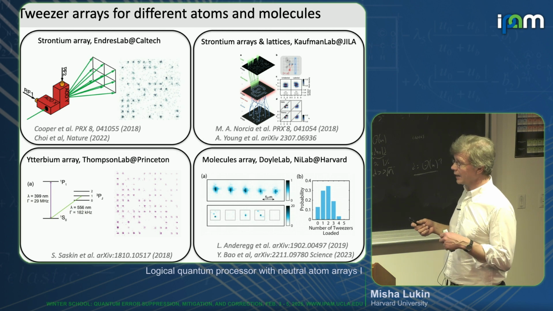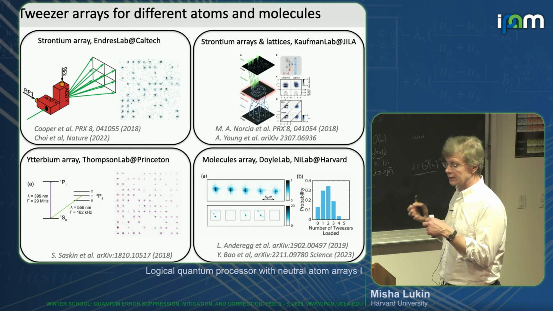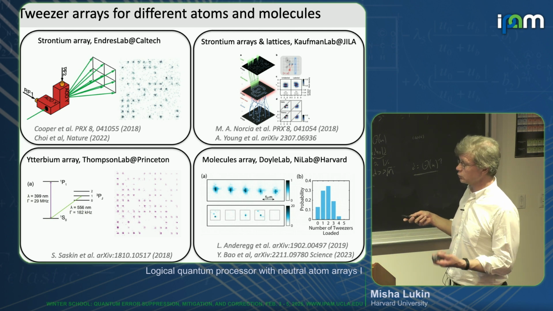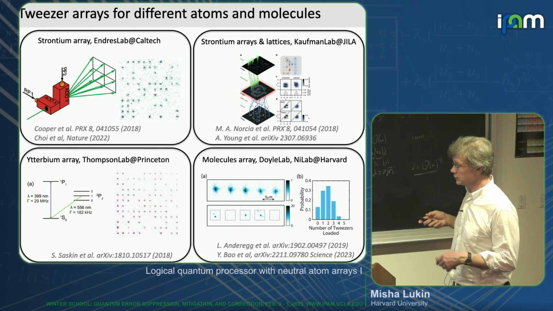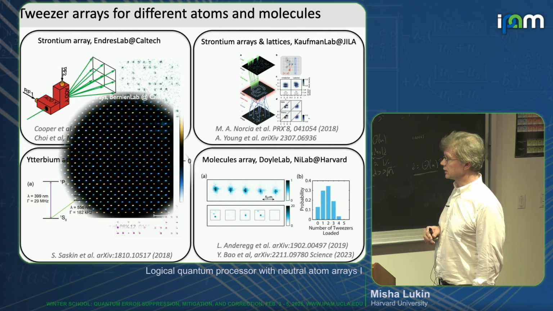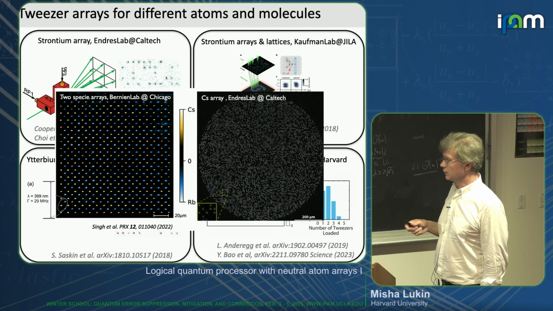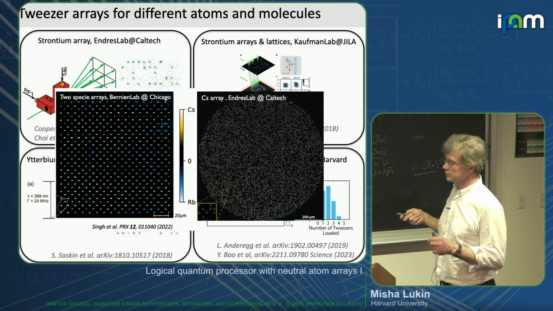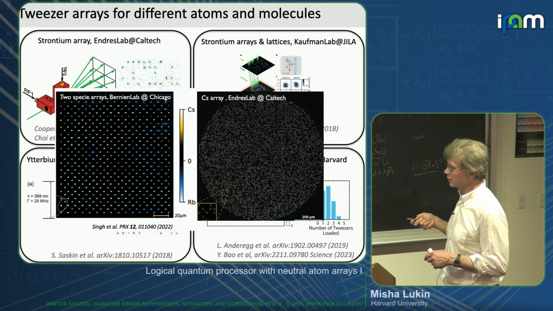You can also combine these tweezers with optical lattices, which can be used for interesting simulations. You can also, instead of atoms, use molecules, and this is another direction. These are some of the exotic recent results. This is an array consisting of 2 different species, rubidium and cesium,